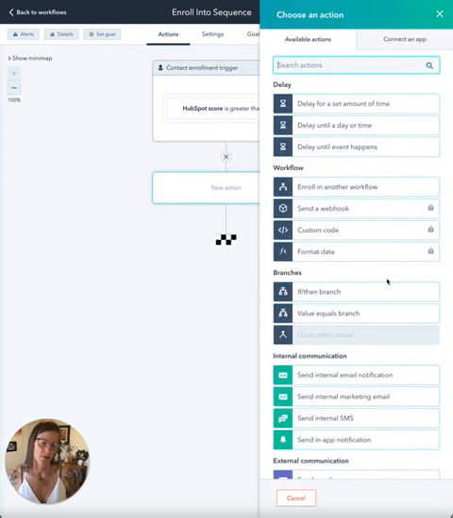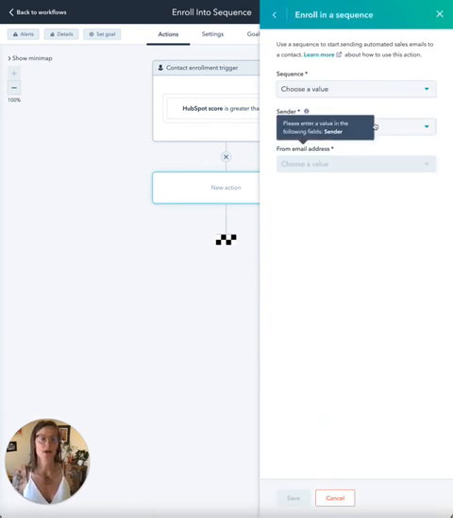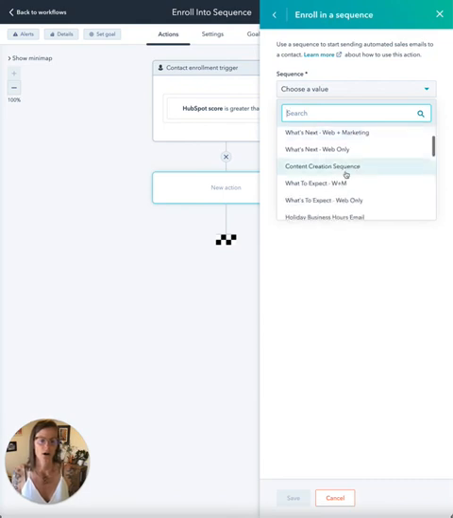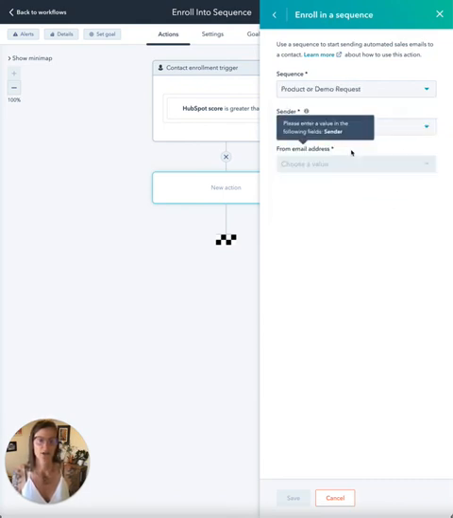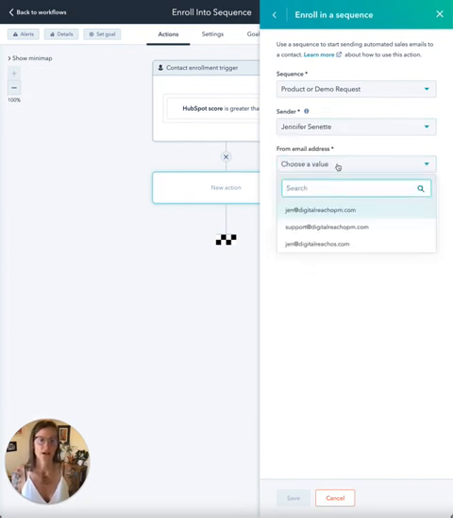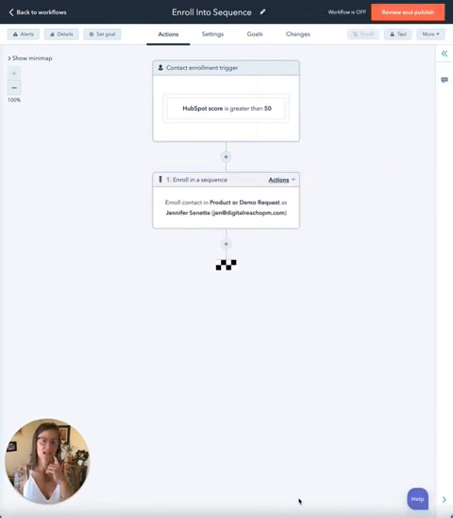Now we're going to go ahead and enroll them into a sequence. Okay, so you need Marketing or Sales Hub Pro or higher in order to do this. So we're going to choose our, oh my goodness, let's just grab a product demo request sequence. Sender will say is Jennifer. And then there we go. All right, so we're going to go ahead and save that. And there we go. Now we have when a HubSpot score is greater than this, we enroll them into a